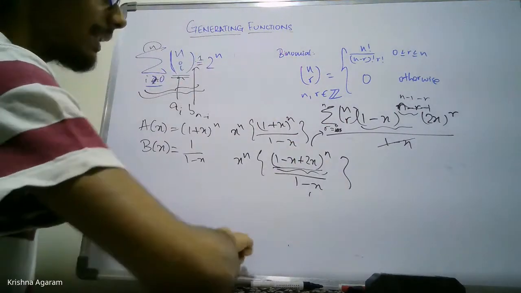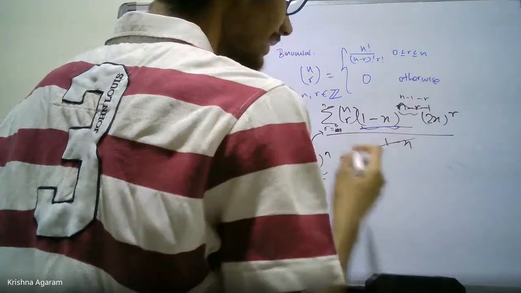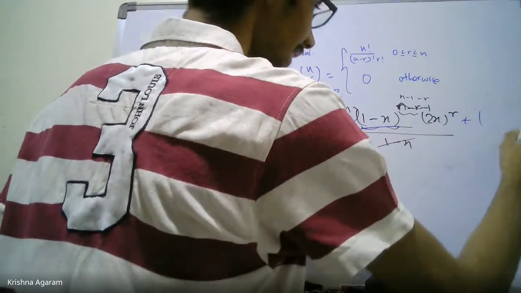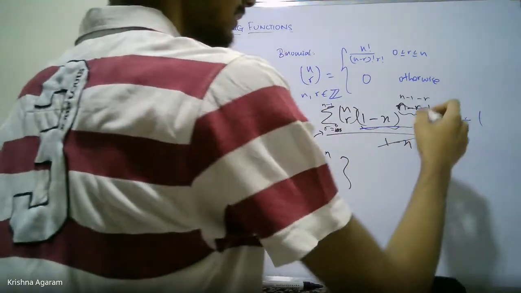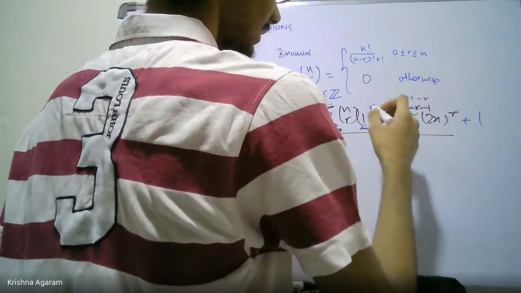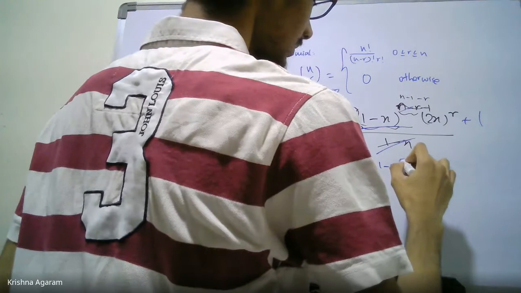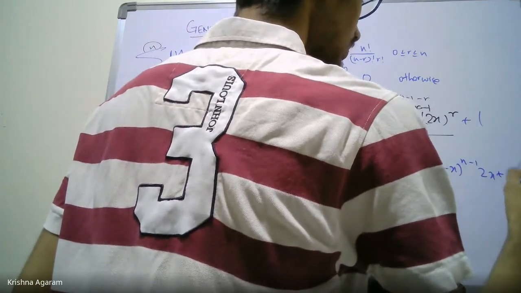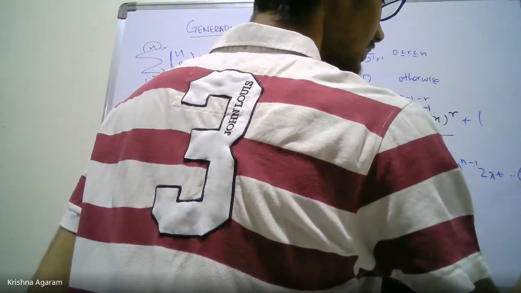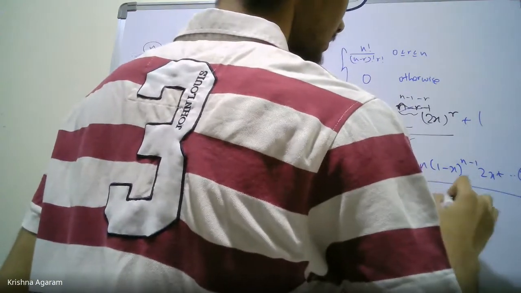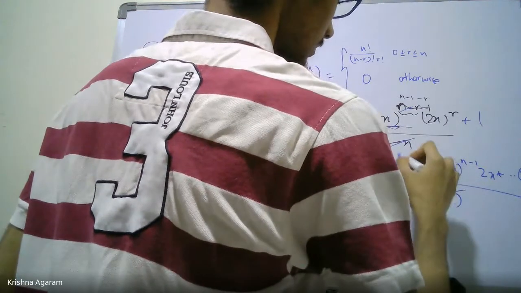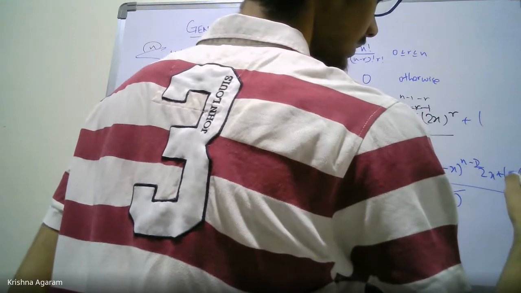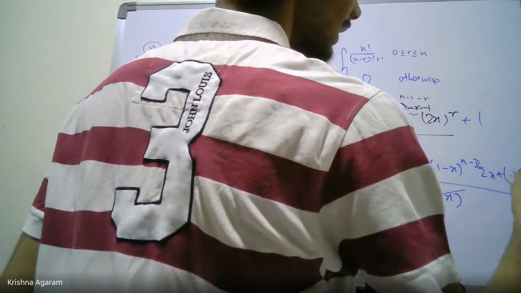Okay. So to get rid of the 1 minus x in the denominator, we expand it this way, and then by the binomial theorem you write this. For r not equal to n, plus we write the term when r equals n, this thing will cancel. It's basically (1 minus x)^n plus n (1 minus x)^(n-1) 2x plus so on, till only this term (2x)^n by 1 minus x, correct? This one will become n minus 1, n minus 2, and this one will be a constant. All terms except this will still have the 1 minus x.